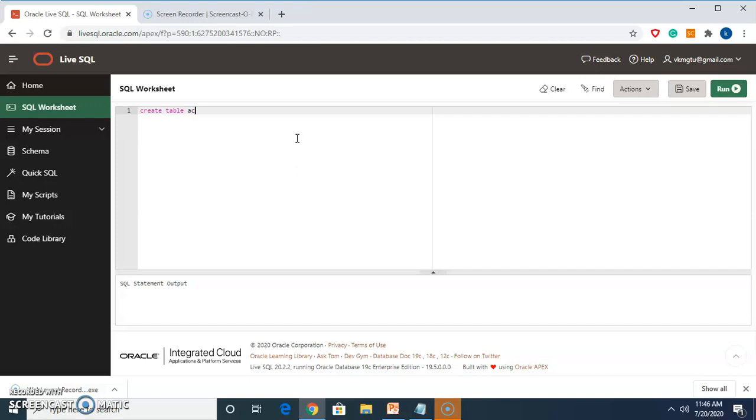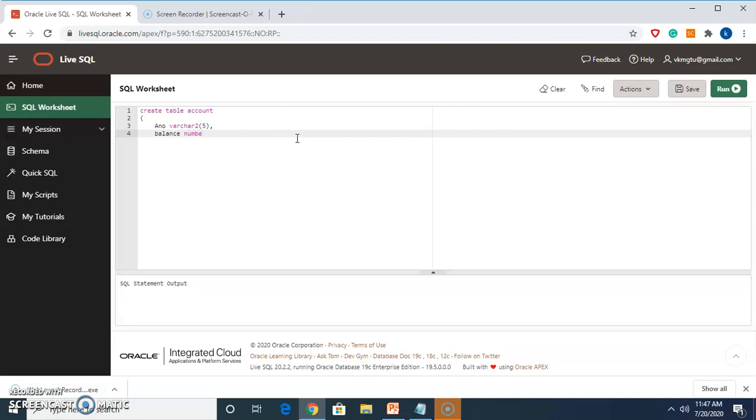My table name is account, rounded bracket. First column name is account number, data type varchar2, size, comma. Second column is balance.